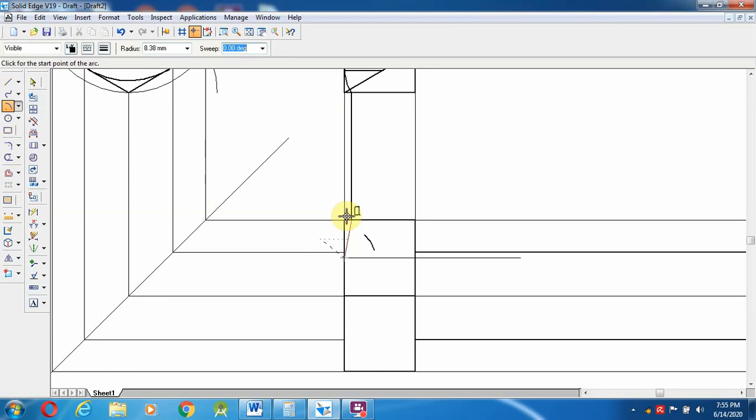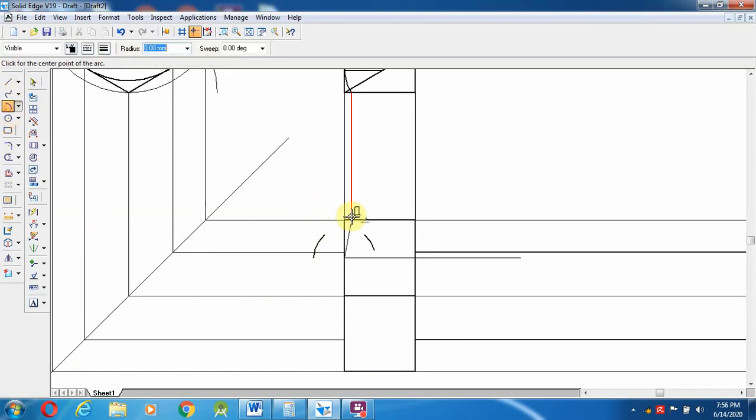Okay, from somewhere here I am going to draw over here. Then in the same manner on the other side.